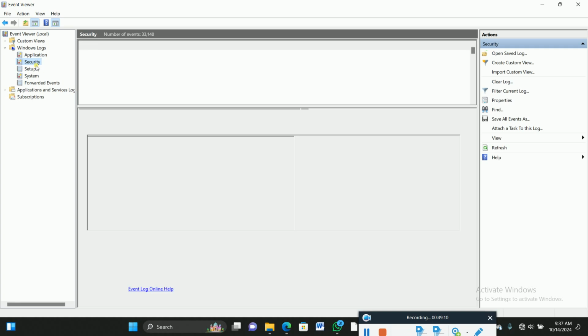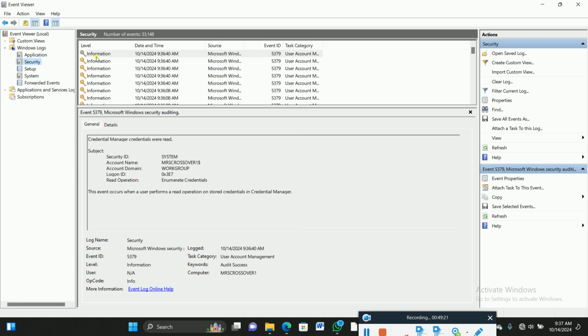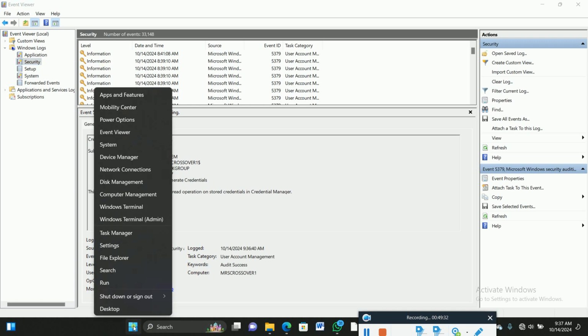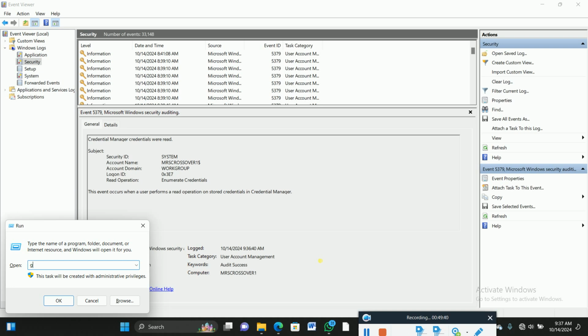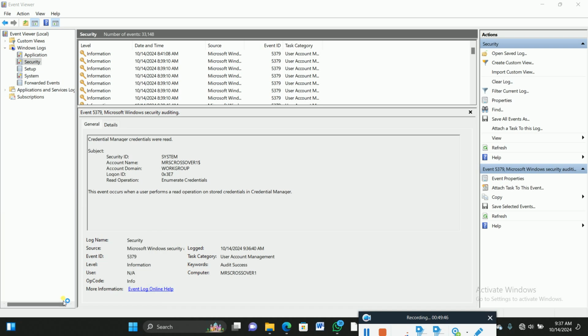So we have audits. Audit it for us. Failure and success. So I think it's loading. You see? So when you see information, it tells you something. But if I right click start and find myself in computer management, or I press Windows R, then type gpedit, it's there already. I was teaching some people, but let me just show you. If I just enter inside the group policy editor,